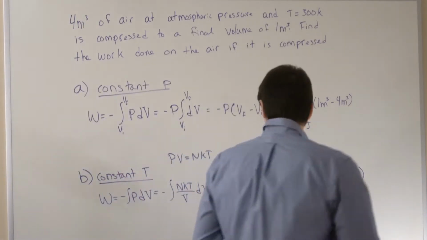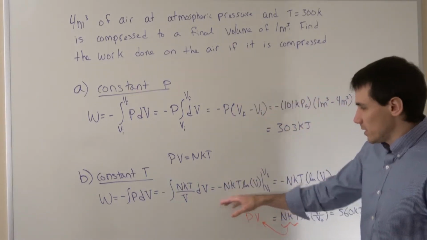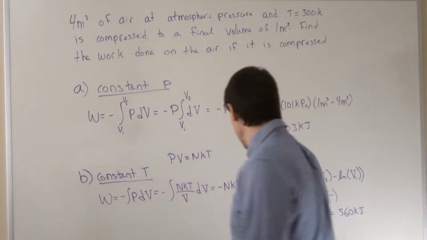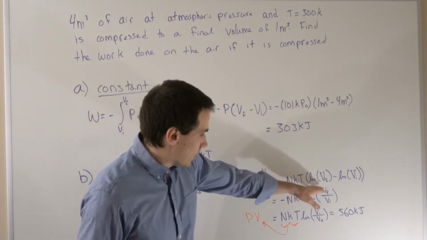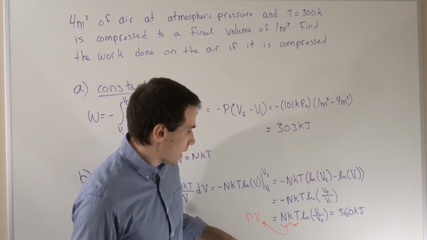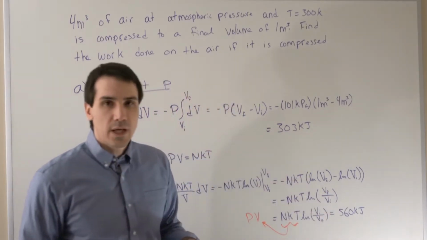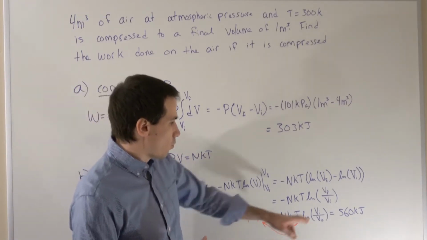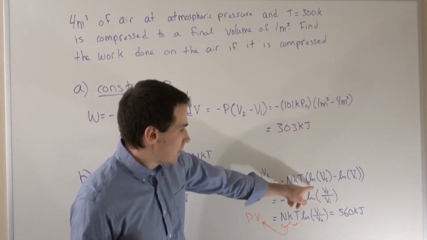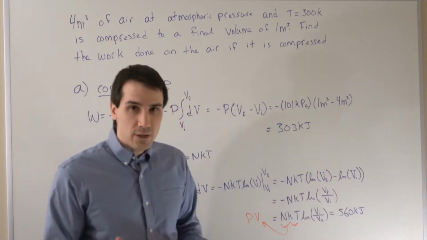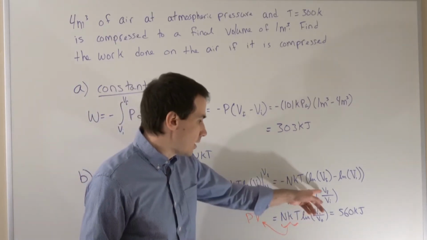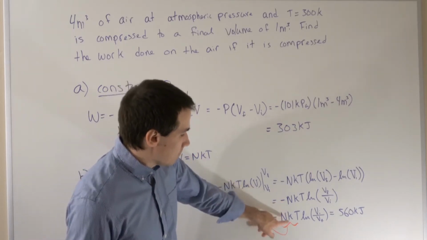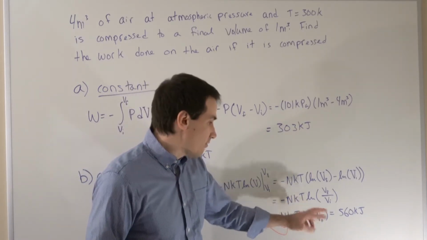Okay, so next the integral of 1 over V is just the natural log of the volume here. And then carrying out our limits here, we end up with 560 kilojoules. I just want to note here that I used 2 little math tricks. One is that I said that the difference between 2 natural logs is actually the natural log of the quotient. And I took this minus sign and I moved it inside of the natural log, and that flipped the